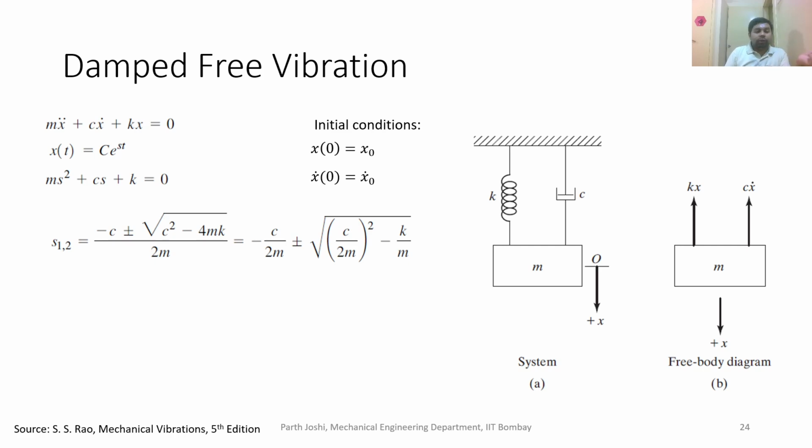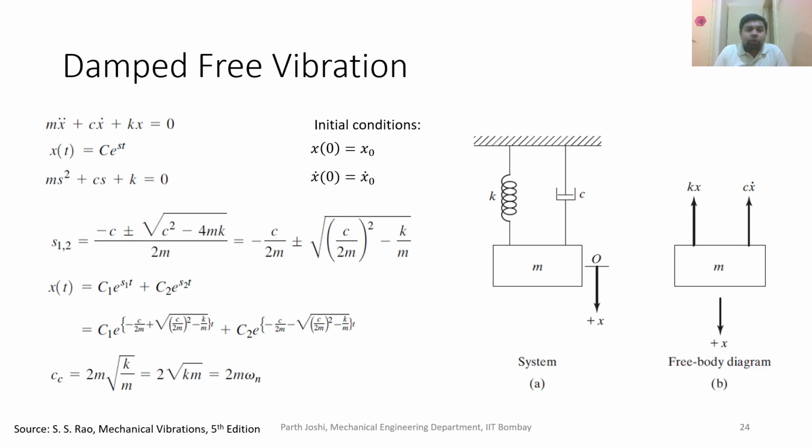So if the values of mass, stiffness, and damping are such that the equation has, let us say, two real roots, then this is the usual formula to solve the quadratic equation, and these are basically the two roots. So if it has two real roots now,